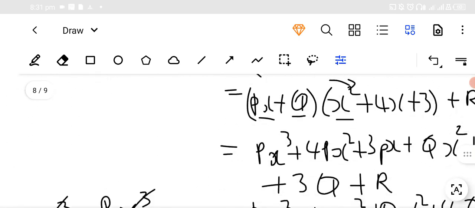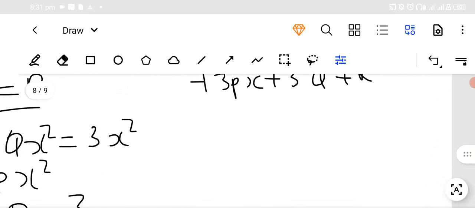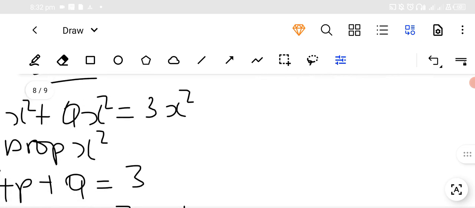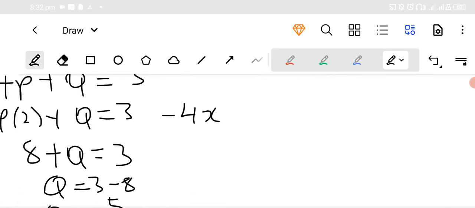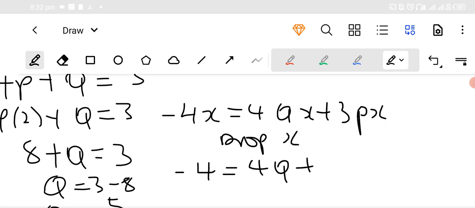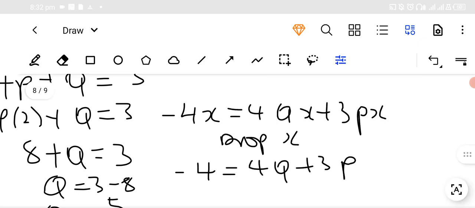The left hand side, negative 4x is equal to 4qx plus 3px. Then we drop x: negative 4 is equal to 4q plus 3p